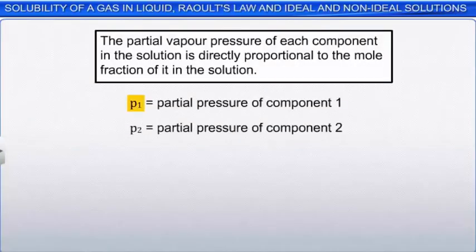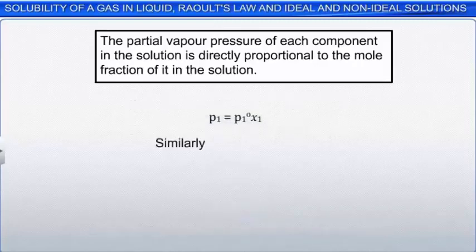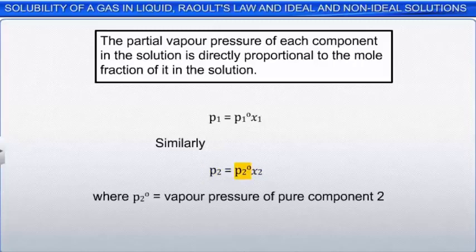Now, if P1 and P2 are the partial pressures exerted by the components 1 and 2 at a certain temperature, then, according to Raoult's law, P1 is proportional to x1, or P1 is equal to P1 naught x1, where P1 naught is the constant of proportionality and represents the vapor pressure of pure component 1 at the same temperature. Similarly, for the component 2, P2 is equal to P2 naught x2,